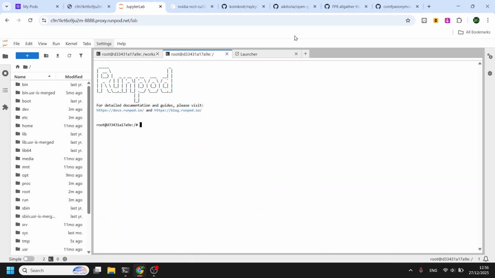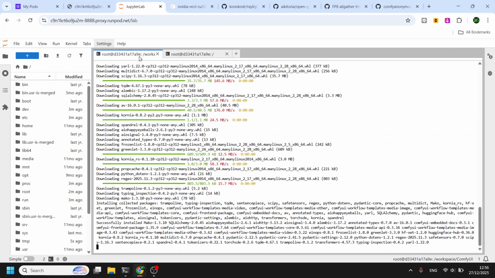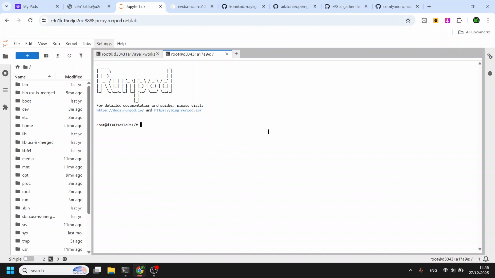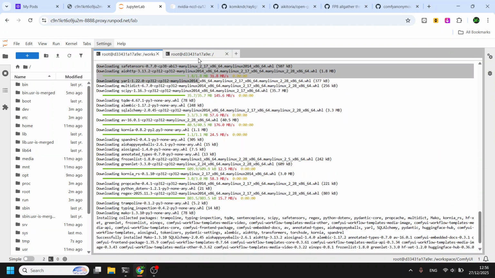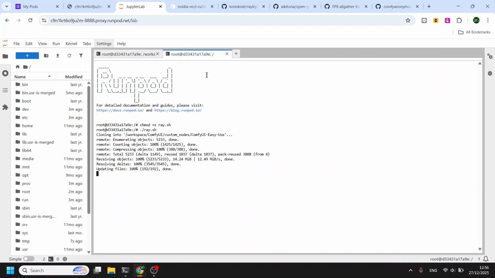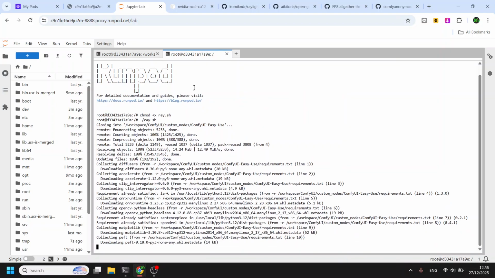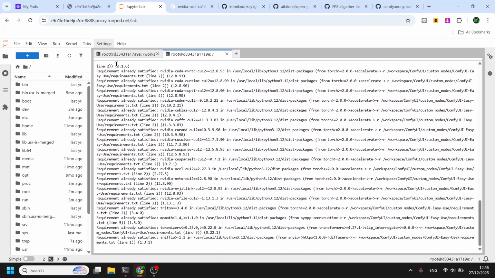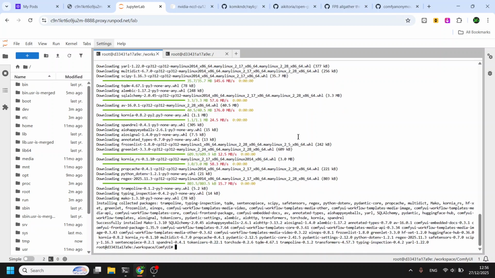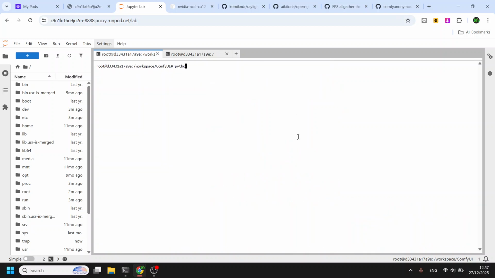Okay, open a terminal. This is for downloading the model. You don't have to do this if you already downloaded the model. Just wait and let's see if ComfyUI runs.